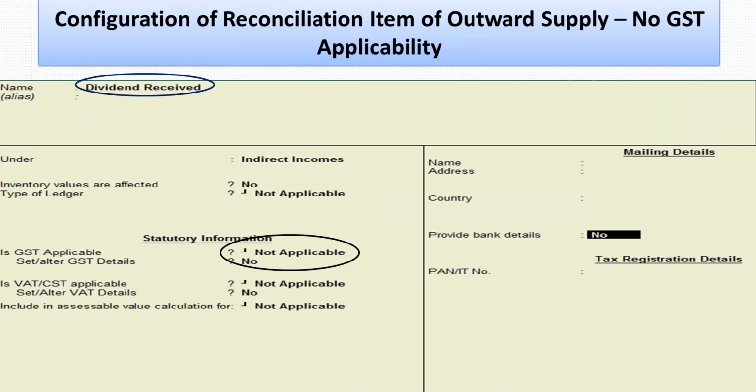I was telling you that in case of transactions like dividend received, there are no GST implications because securities are outside the purview of GST, because neither goods nor services cover securities; both have excluded the word securities. That being the case, we have to select the configuration called not applicable with respect to dividend received.